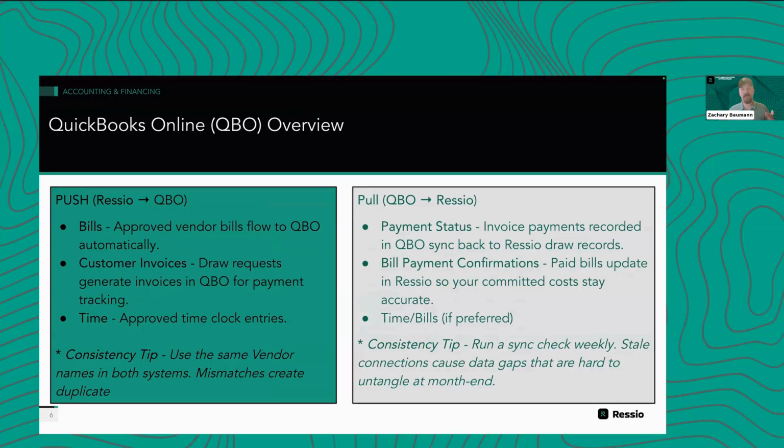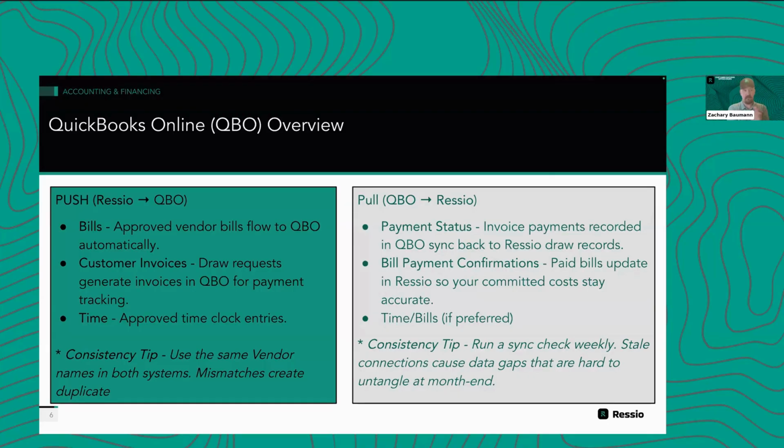That's the easiest way I can describe this. Push is what starts in Ressio and ends up in QuickBooks. Pull is what starts in QuickBooks and ends up in Ressio. And for the push side of things, and sorry, I'm from New Jersey, I talk with my hands a lot, we have got bills. You can enter all of your bills and expenses into Ressio and push those seamlessly over to QuickBooks. We have customer invoices. Those can be entered, fixed price or cost plus. Customer invoices can be built in Ressio, either from those applied actuals or from a progress invoice, and can be pushed over to QuickBooks.